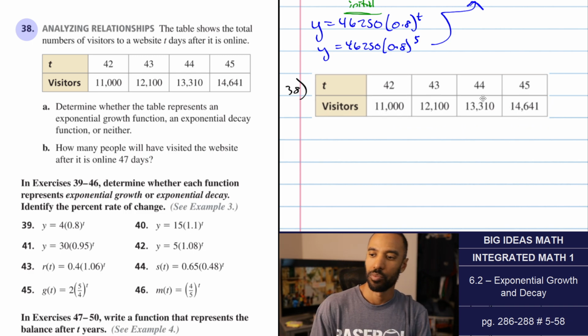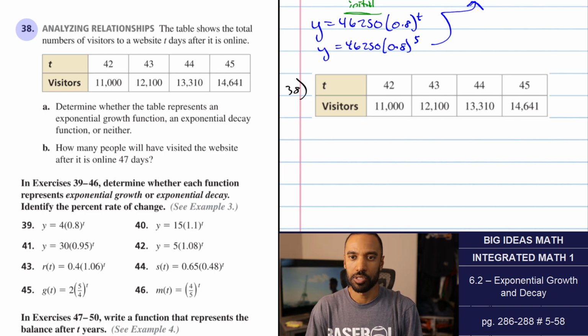So here, we got to check, I'm going to do this in the calculator, 12,100 divided by 11,000. So 12,100 divided by 11,000. I'm going to compare that number, 1.1, to 13,310 divided by 12,100. Is it the same? Yes, it is. And 14,641 divided by